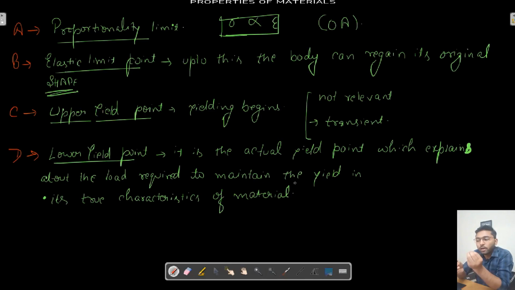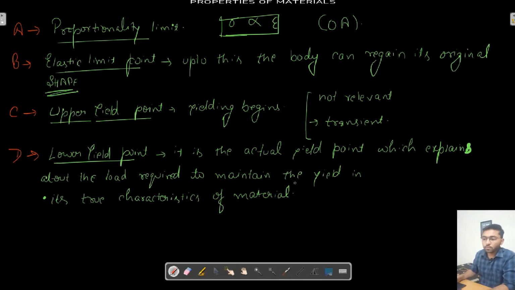So it gives us the upper limit of the load which should not be exceeded, because if we exceed that load, what we will observe after the removal of that load is that the body is not going to regain its original position, and that situation will be known as yielding. So we can say that with the help of the lower yield point only, we can put an upper cap on the application of load if we want to avoid the yielding of the material.